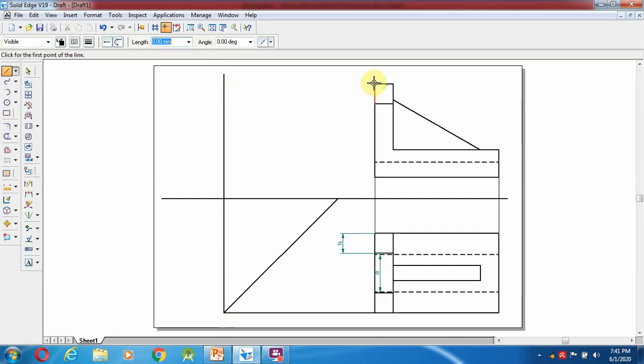Same here also, this is the edge, I am going to make a straight line over here. Now all the edges we have to project from here to here, towards the top.